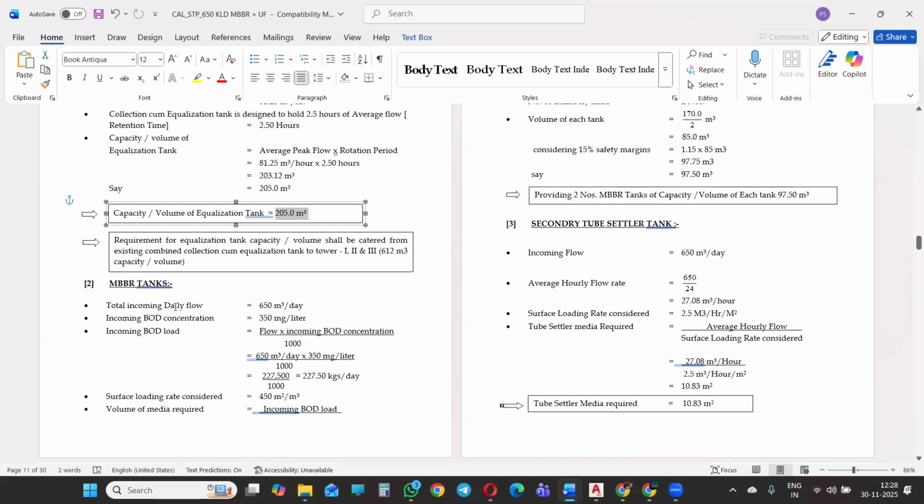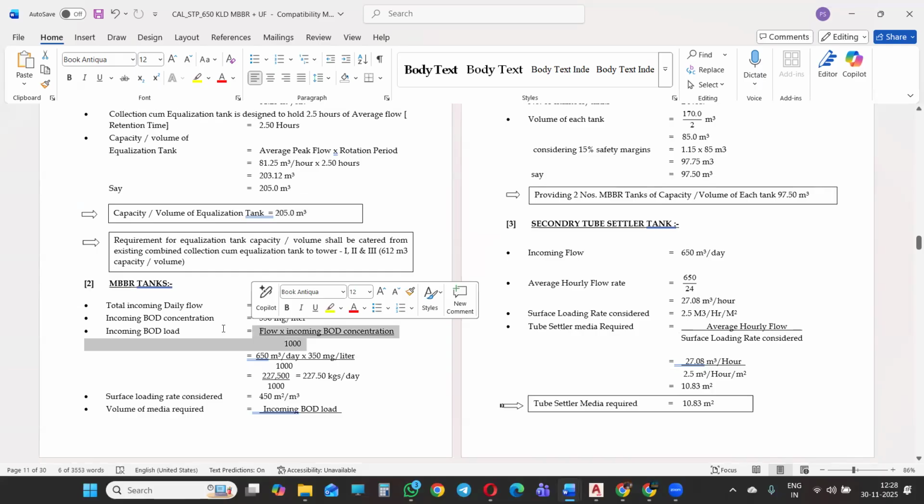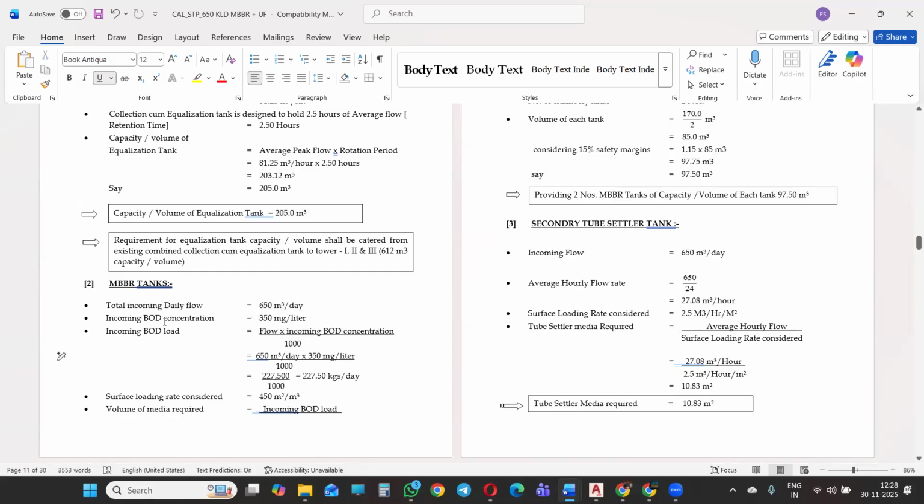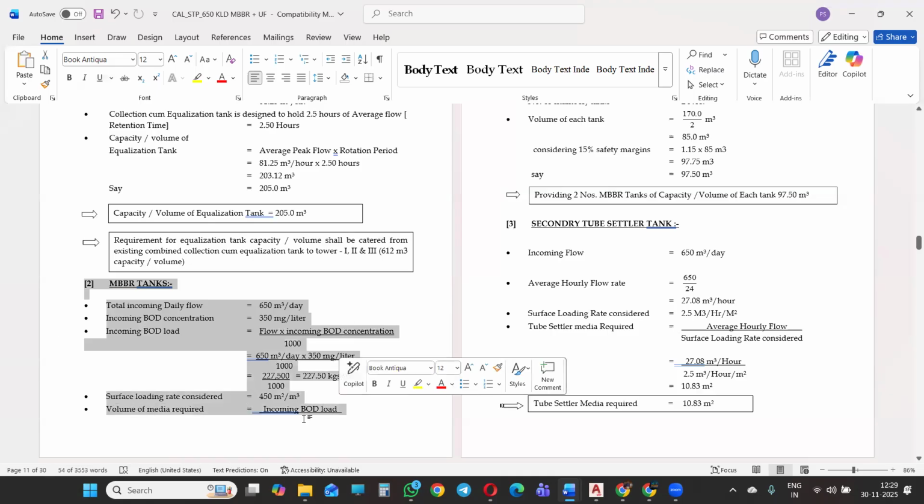अब MBBR टैंक क्या होगा, इतना है: फ्लो इन इनकमिंग इनटू BOD कनेक्शन प्लस 1000। ये जो फॉर्मूला आप देख रहे हो, ये 350 mg हमेशा रहेगा। और जो ये फॉर्मूला आप देख रहे हो, STP में अपना CPHE मैनुअल में STP में पॉइंट नंबर 7 में है, वो टेबल नंबर 6 आप BOD निकालने के लिए, पीक फैक्टर निकालने के लिए, आवर सेटलमेंट के लिए भी कंसीडर कर सकते हो। ठीक है।